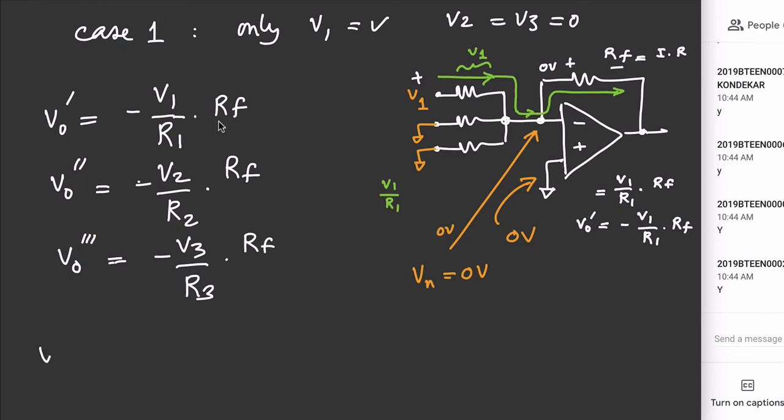And then the final VO will be the sum of these, VO dash plus VO double dash plus VO triple dash, and therefore Rf will be common, minus sign also will be there,